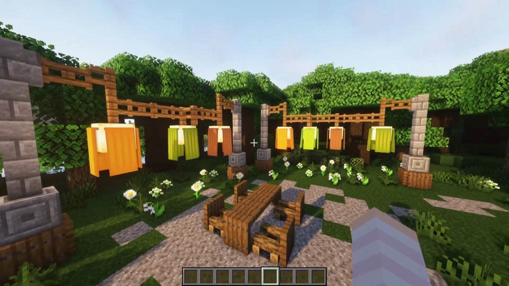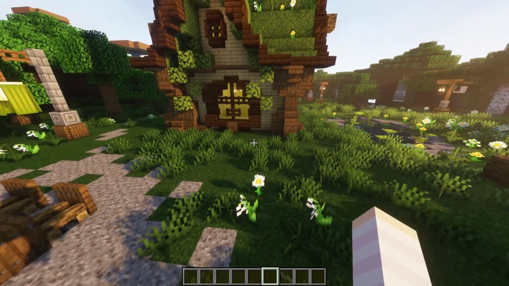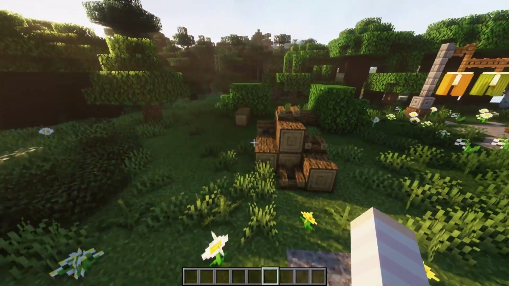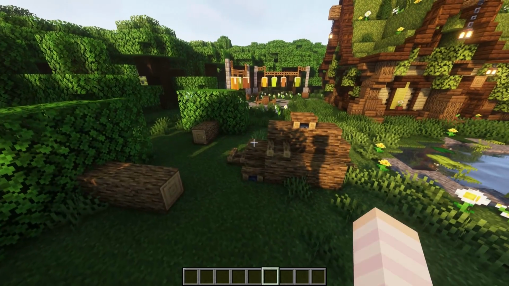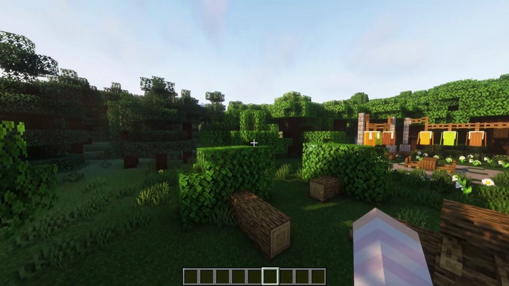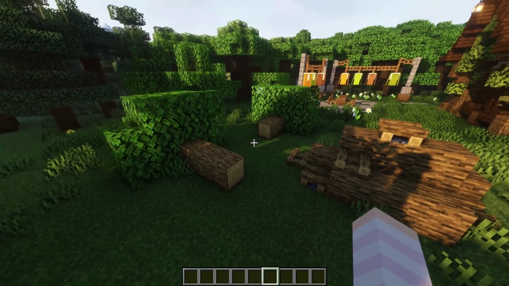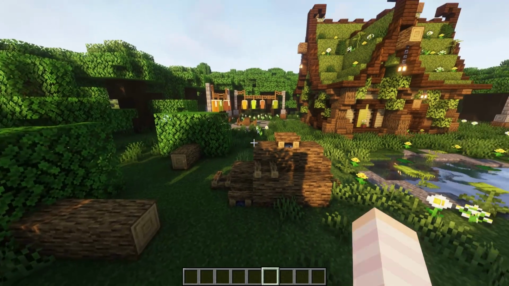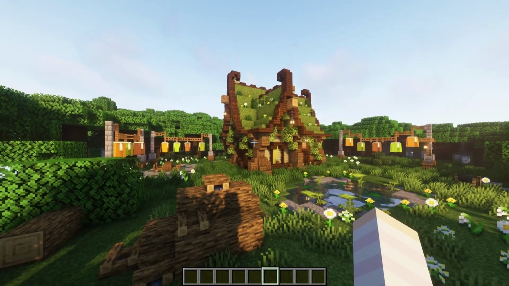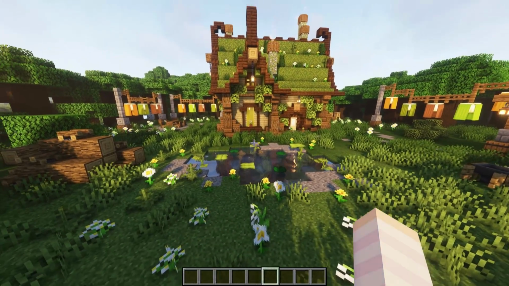Some other decorative elements I've used in the garden of this build include little pockets of flowers, and I've placed these using just the white flowers here and there. If we come around this way, I've set up a little tree felling area. We have a couple of fallen oak trees where I've just followed along the shape that we get from naturally generated oak trees, but put them on their side, as well as a pile of logs. And this works really well for this build because of course this build has the oak log kind of posts on each corner. We've also got a lovely pond here which with my shaders reflects the light from the house,